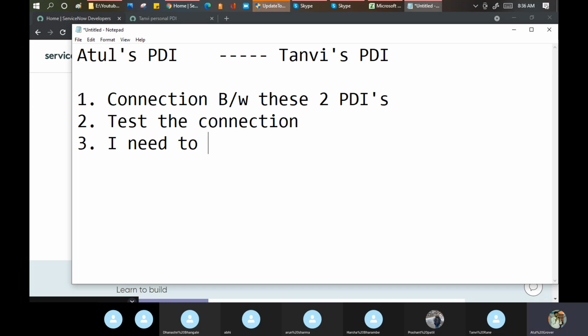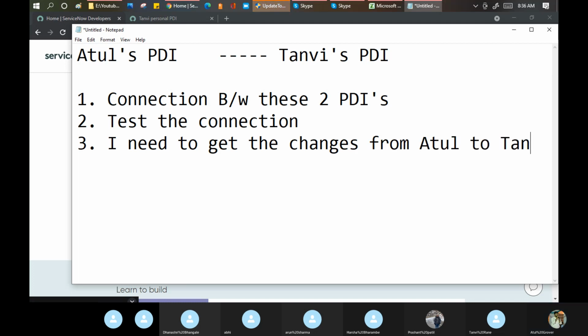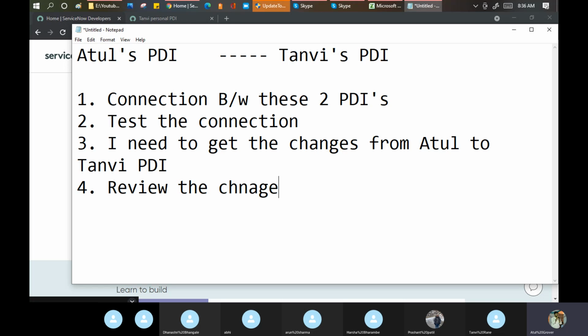Then I need to get the changes. In the transform map, we did not say yes, transform. We say check and then transform. Load the data, you can verify your data, and then you transform your data.